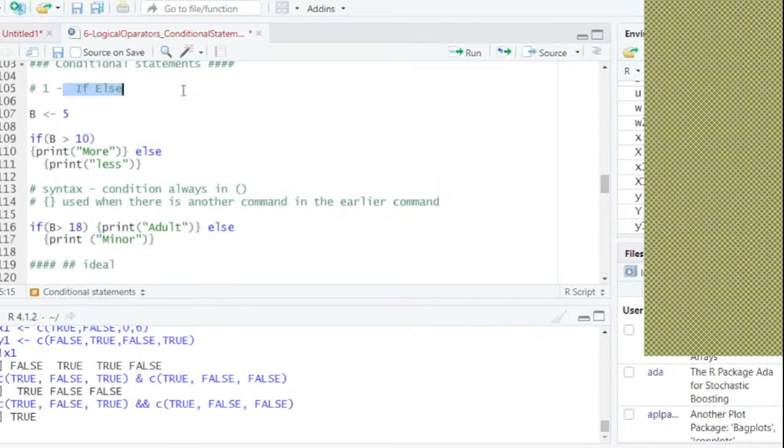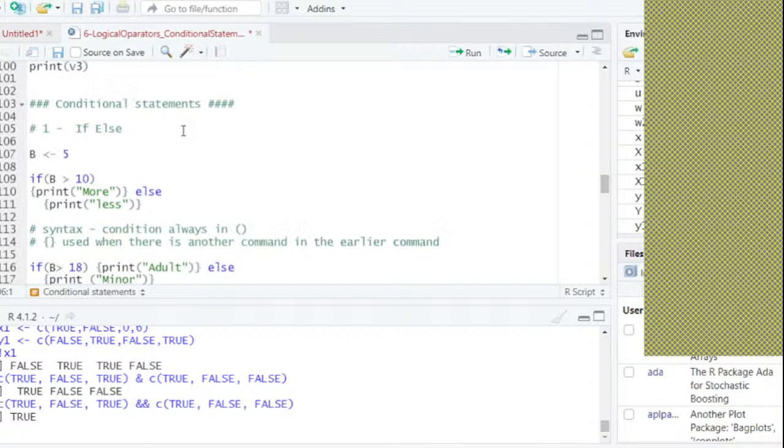If else. All of you must be knowing that if else is a conditional. If this condition, then do this. If this is a condition, then do this. So if else is the first conditional statement we'll do. Let's assign B a value of 5, capital B, and I say if B is greater than 10,